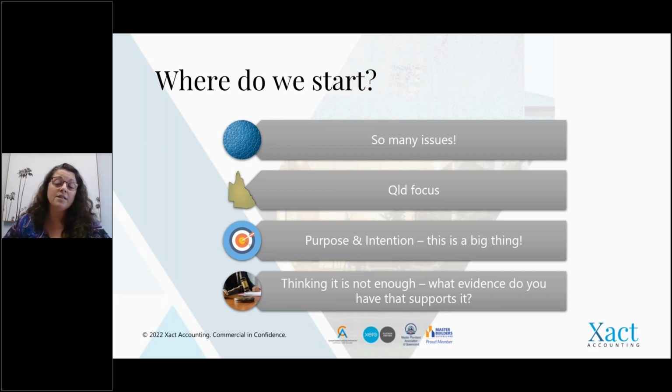What we think, though, is not necessarily enough. We've got to actually have the evidence to support why we are thinking that or what our intention is. And what I mean by that is, have you got a proper plan in place for what you want to do with that property? So if you are thinking of splitting,